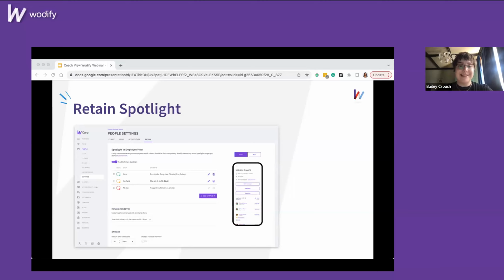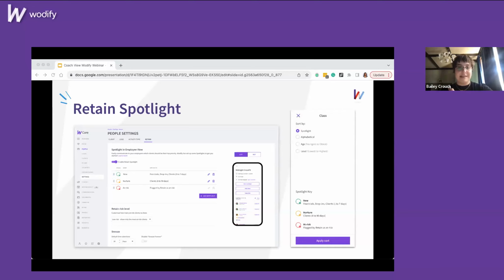For example, here you can see I've set up 3 spotlights. The first is the default at risk. That's the one that Hung covered earlier. But now you will also have the ability to create more, including a green new spotlight for trials, drop-ins, and clients in their first 7 days, as well as a nurture spotlight for clients within their first 90 days. These are going to be pre-built for you, but feel free to make your own spotlights that make the most sense for your business. For example, maybe you want to specify if a client is within their first 30, 60, or 90 days, for example.